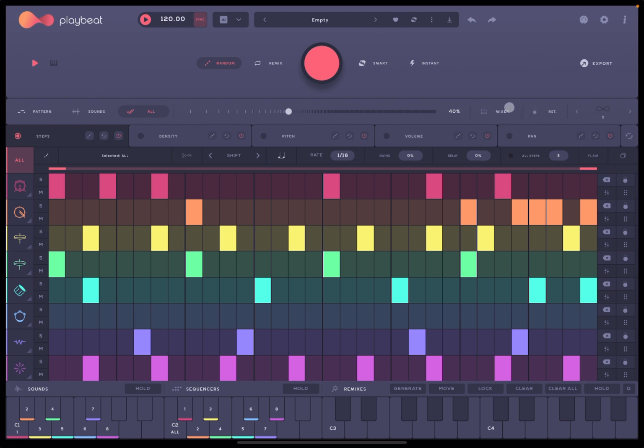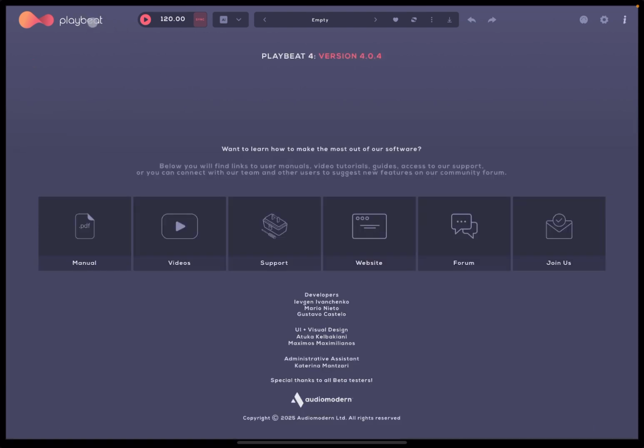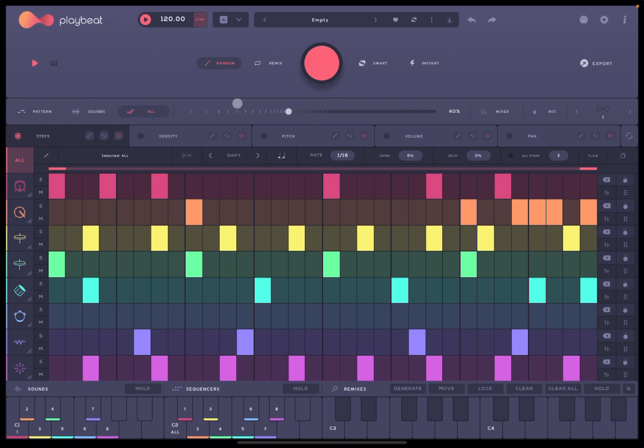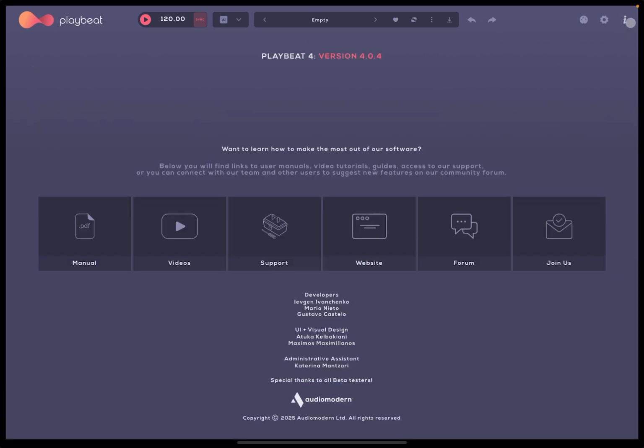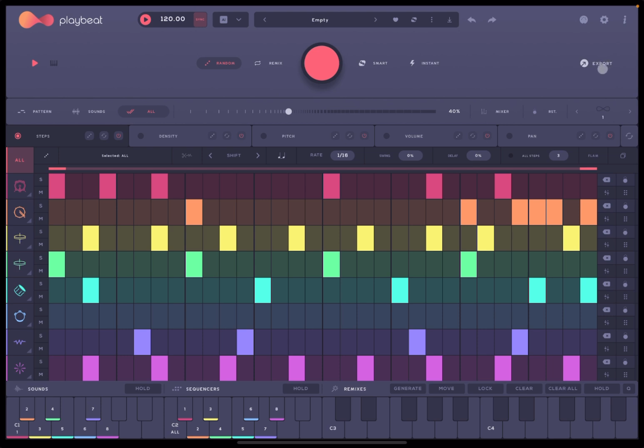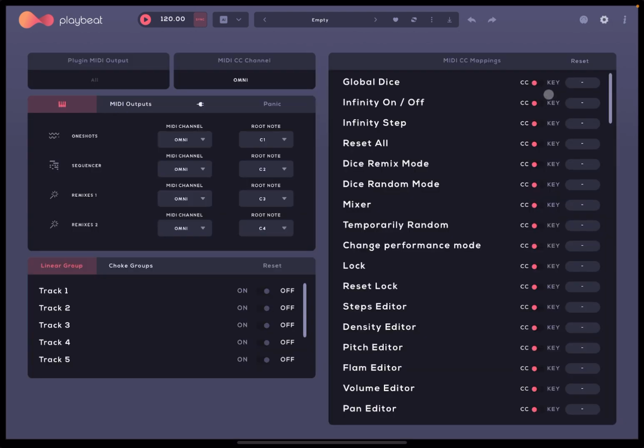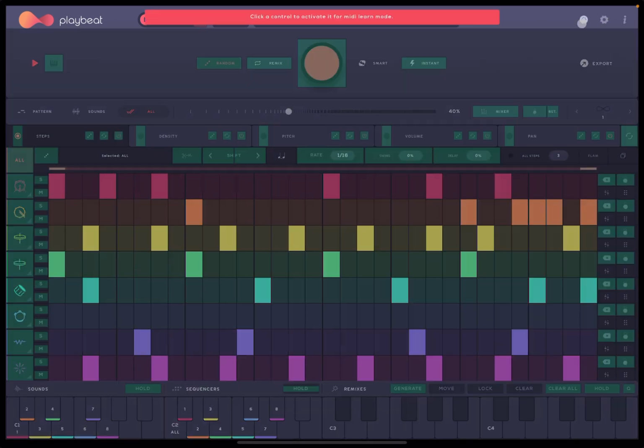It's certainly really amazing. So as you can see, at the top left we have the link to Playbeat, where you can see the manual, video support, website, forum, and join us links. So that is really good, which you can access here on the info icon at the top right as well, and click on it, of course, to close it. Of course, settings, as we had in the previous version, okay? And then also